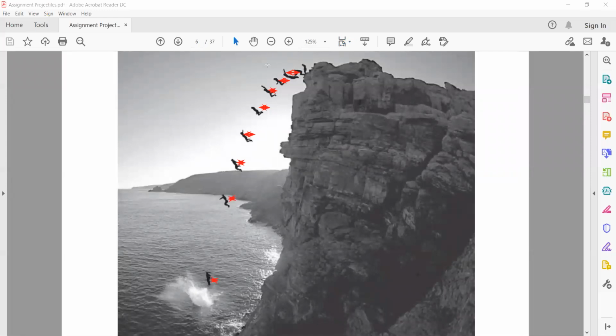But the vertical distance, in the beginning, is small, and then it increases between the pictures. So what is the reason? Vertically there is acceleration, and that acceleration is due to gravity. Horizontally there is no acceleration, or the acceleration is zero, so that's why it remains the same. So when you write the answer for this,